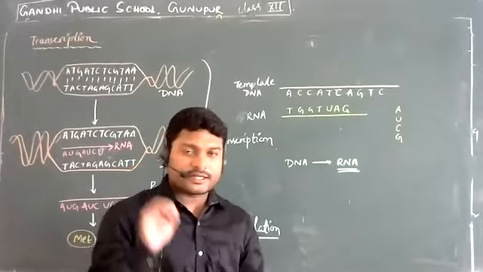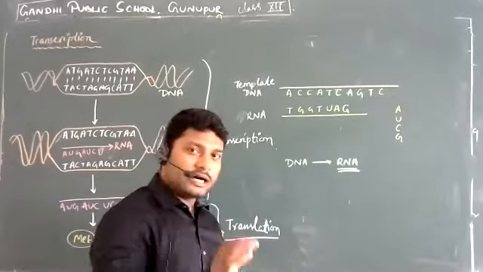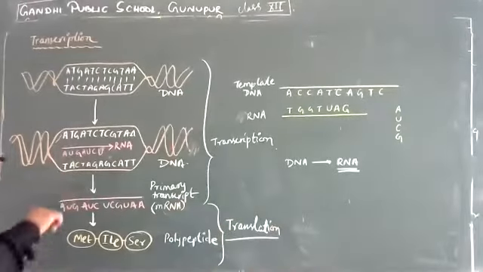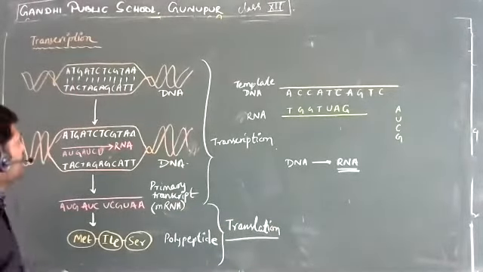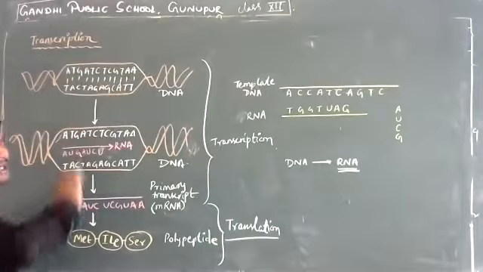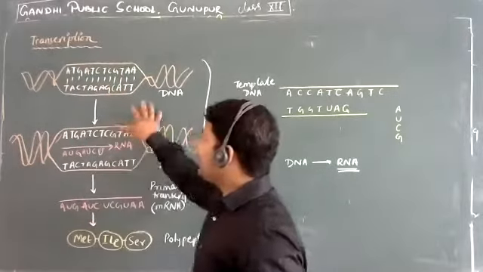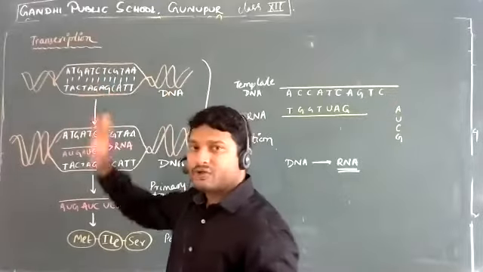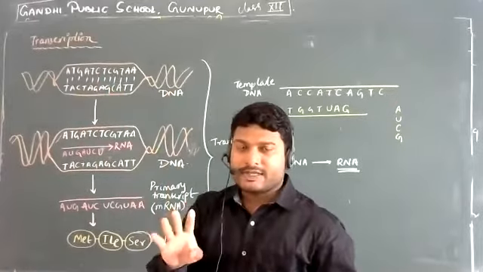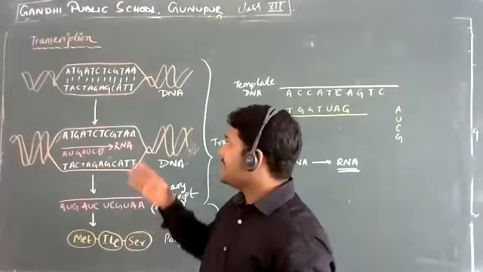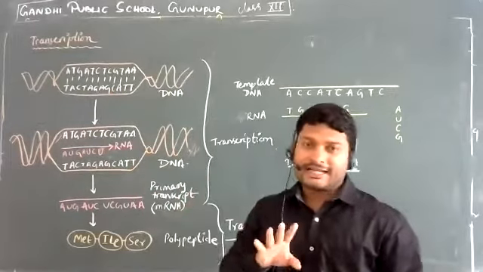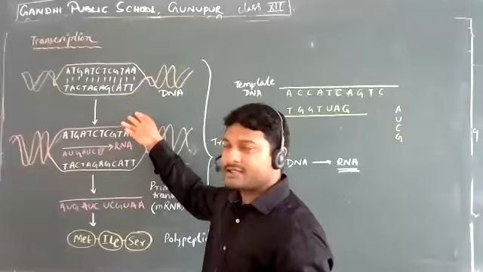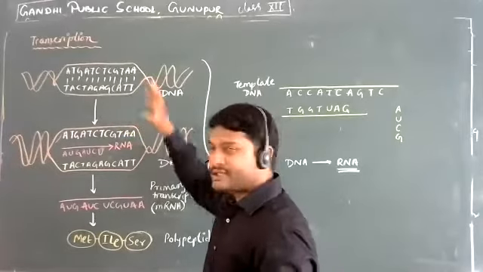But before going into that, a few questions again we will try to ask and solve. So first thing, what I'm going to show you here is this particular diagram on the left. What you see here is the DNA double helix. This DNA double helix has a particular sequence, and we know that it is made up of 4 different nitrogen bases that form the nucleotides, that is A, T, G and C. These A, T, G, C are present in a particular sequence, and that makes the DNA double helix.